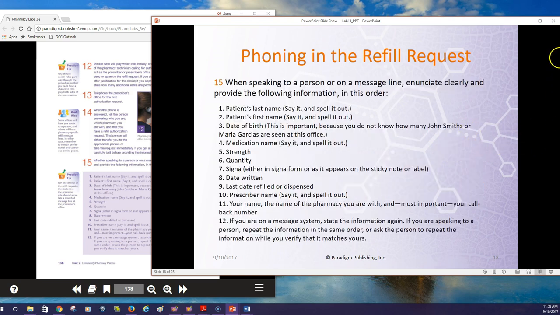So when speaking to a person, or especially on a message line, you want to make sure that you're speaking clearly and that you give the following information, and it should be in an orderly manner. So it's very similar to the way the original prescription is laid out. You want to say the patient's last name, not only say it, but spell it out. Also the patient's first name, their date of birth, because again, they might have multiple patients by the same name. The medication, say it and spell it, because sound alike, look alike drugs. The strength of the medication,